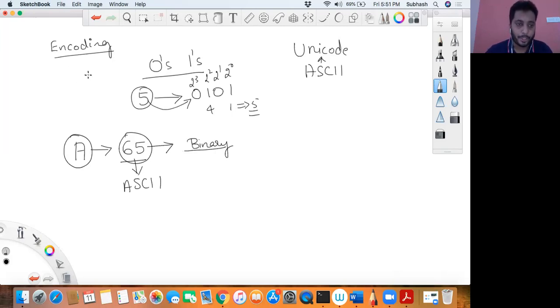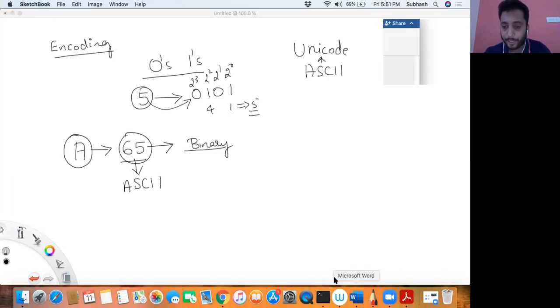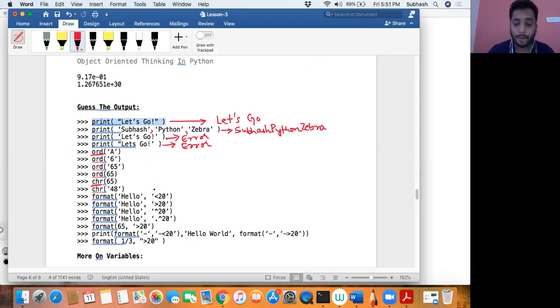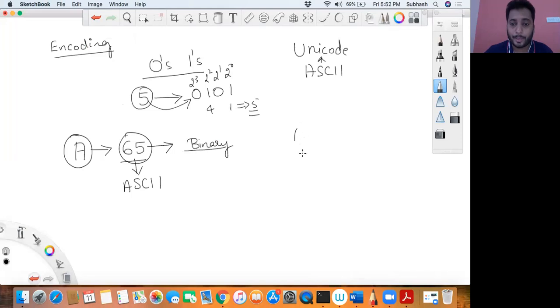Now if you want to know the ASCII value of each character, we make use of the functions called ord and chr. Let me open the material. One more thing I forgot to tell you: whenever you represent a character, it has to be within single quotes like this. This is normally the norm in other programming languages, but because Python does not have a character type, this is always a string with a single character.